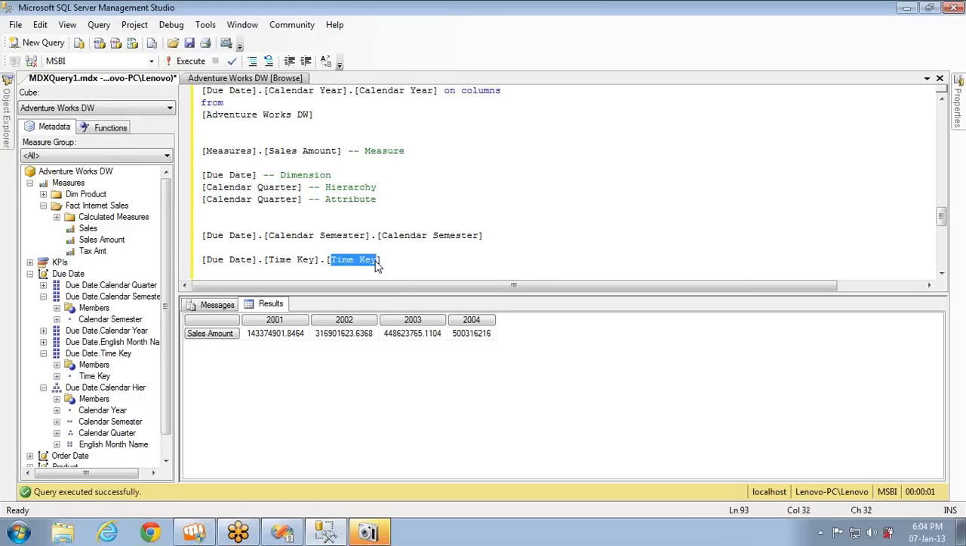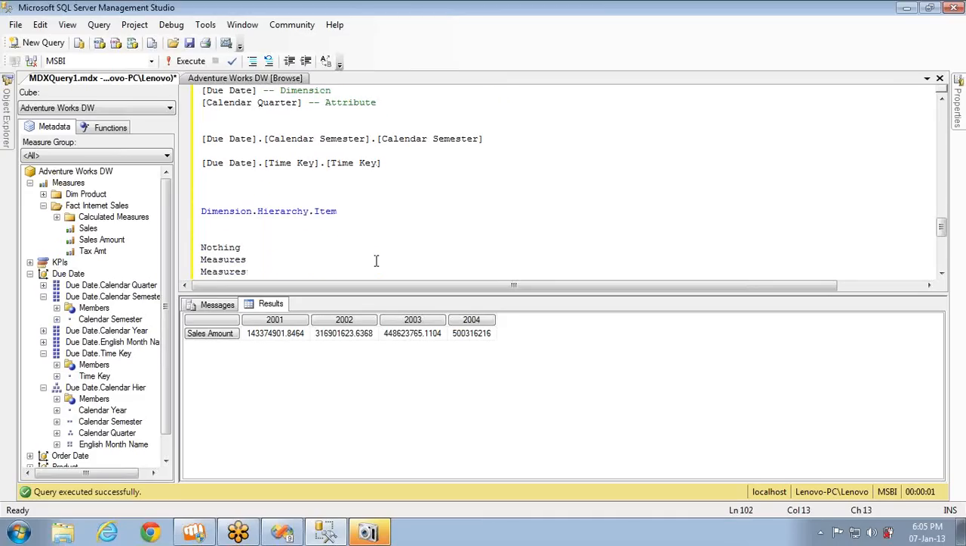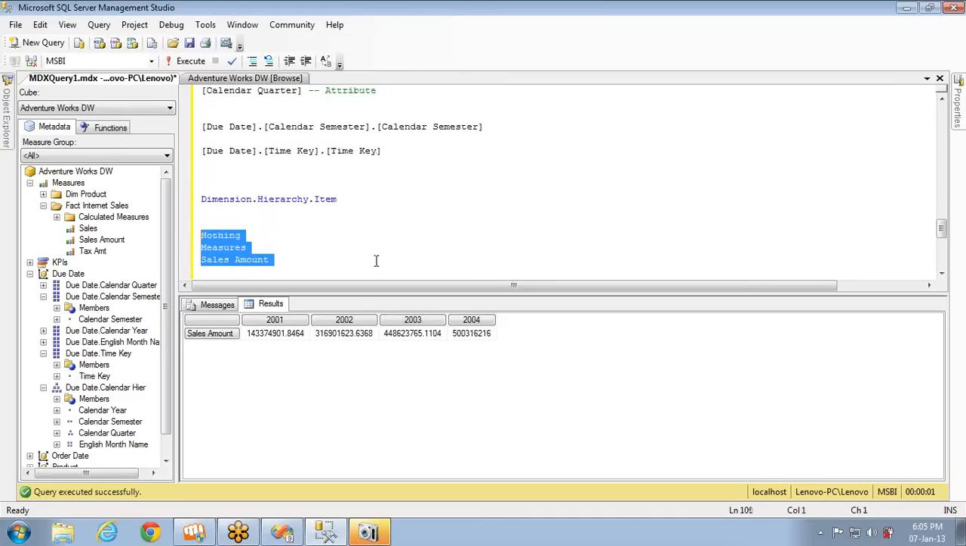Attributes will have three things. One is dimension, and another one is hierarchy, and another one is attribute name. So in attributes, the hierarchy name and the attribute name will always remain the same. So if you understand this, then we can go with the queries, and later part of the sessions we can cover